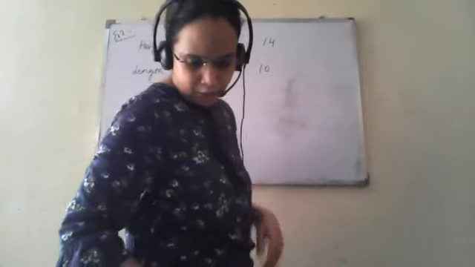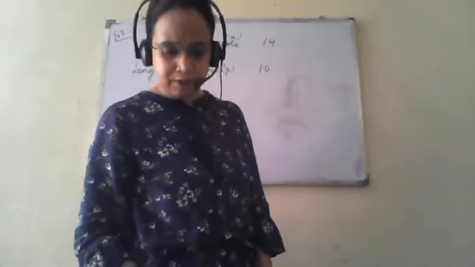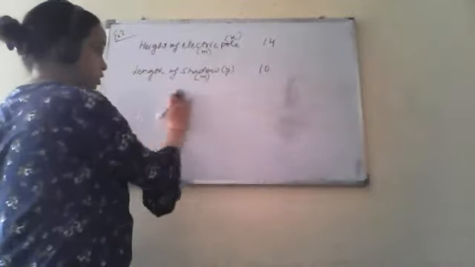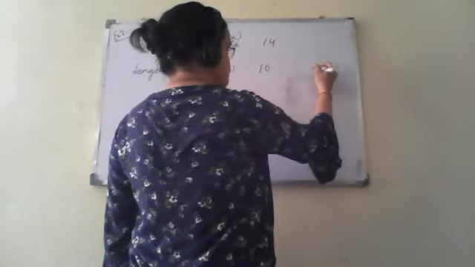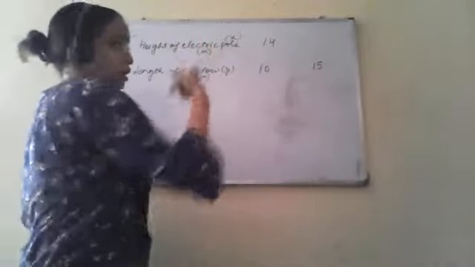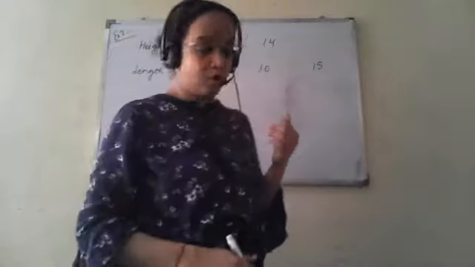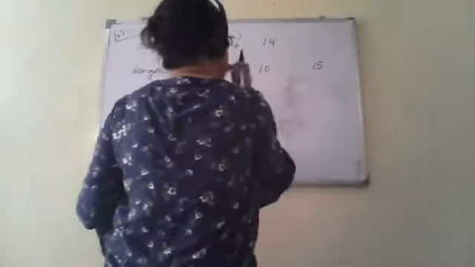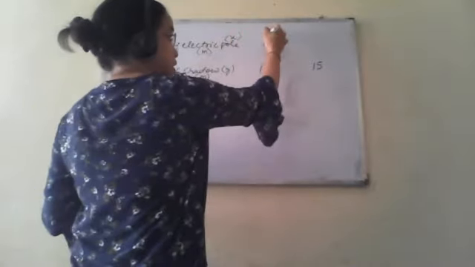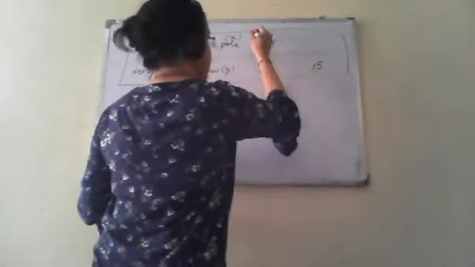Now find the height of a tree which will cast a shadow of 15 meters. What is given in the question? The length of the shadow is given as 15, and we have been asked what will be the height of the tree under similar conditions. So we have to calculate this. Corresponding to x, it can be taken as x1. If we tabulate, we have to make it in a tabular form. It will be like this. So it will be very easy.